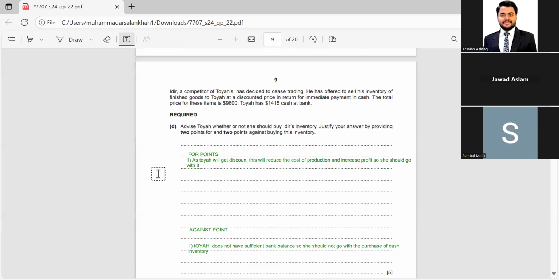तो ऑब्वियसली बात है प्रॉफिट हमारा इंक्रीज करेगा। बट नेगेटिव पॉइंट ये भी है कि वो कैश में उसको चाहिए, she wants the payment in cash and Toya's bank balance is insufficient, so this will lead to cash shortage, okay. फॉर में हम ये भी लिख सकते हैं कि Toya can take a short term loan finance from bank to purchase the discounted inventory. भाई लोन लेके वो काम कर सकती है ना, लोन ले ले अभी और क्या करे, इन्वेंट्री खरीद लिए, because she has to avail the discount. डिस्काउंट मिल रहा है ना, तो डिस्काउंट avail करने के लिए she can take a short term loan, okay. ये पॉइंट आ गया फॉर में। पिक्चर ले लो आप लोग इसकी।